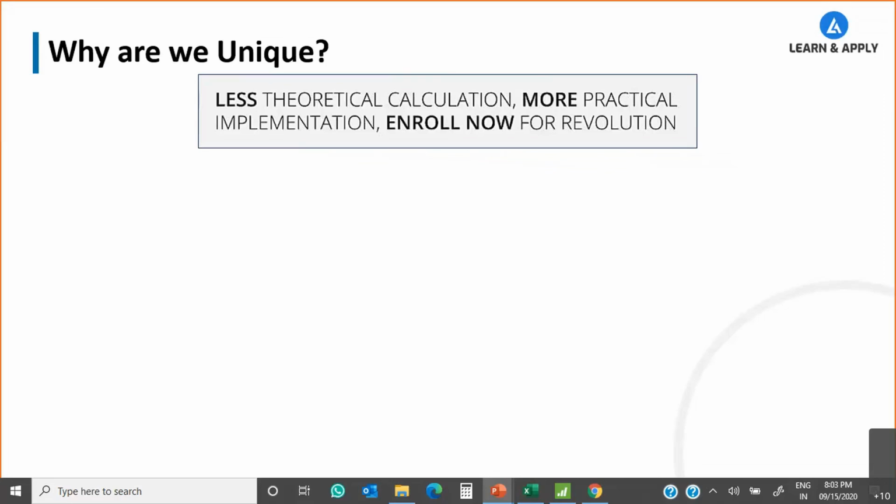We are not bothered about increasing the number of classes. Let's say we are saying that there will be 10 days or 16 days, and if the pace of your learning is slower and you require 2 or 3 more sessions, then we are happy to provide them. That's not an issue. Your understanding is very important for us. We are not just covering the syllabus. We want you to learn.